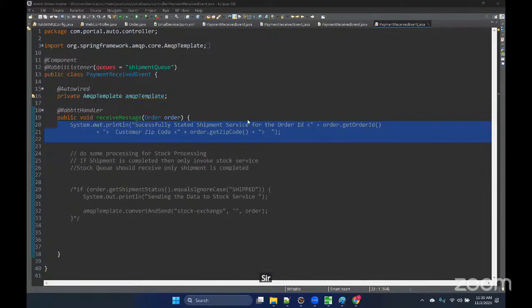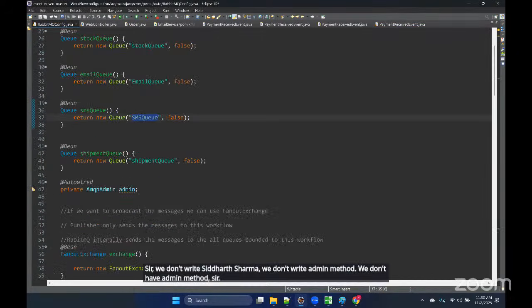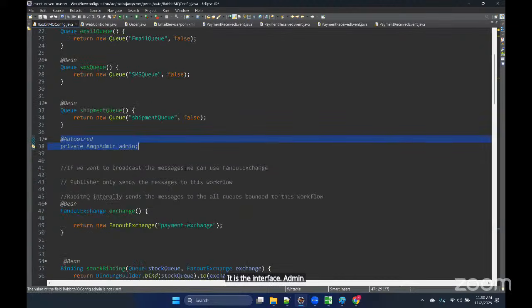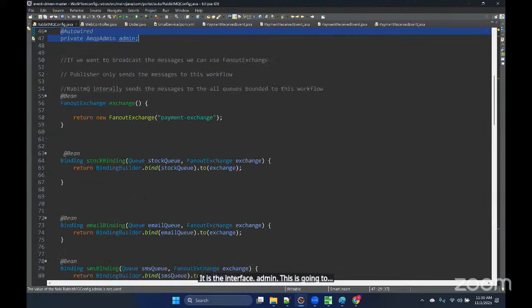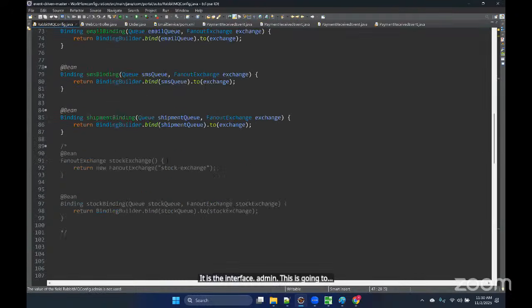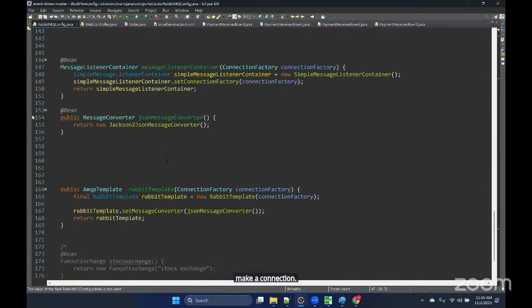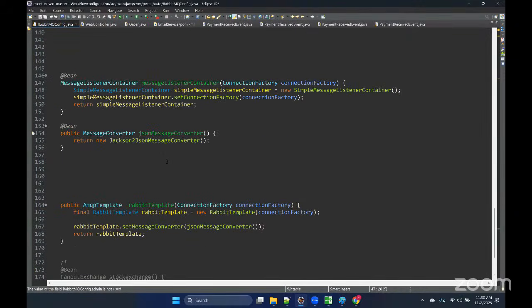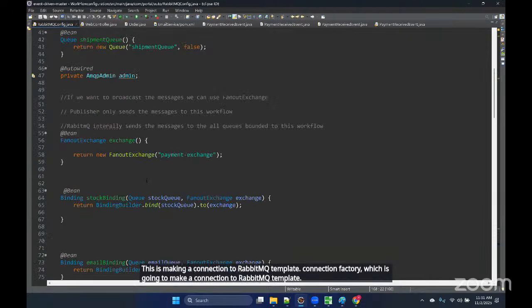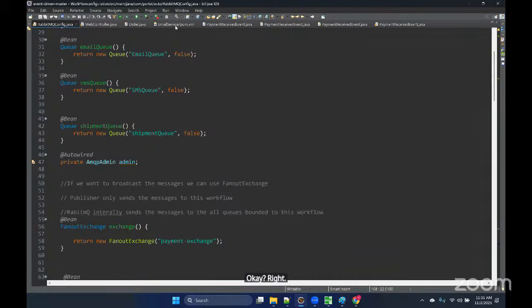Sir, we don't write admin method. We don't have admin method, sir. It is the interface admin. This is going to make a connection. This is making a connection to the RabbitMQ template. Connection factory, which is going to make a connection to the RabbitMQ template. Okay. Right. Now let me start